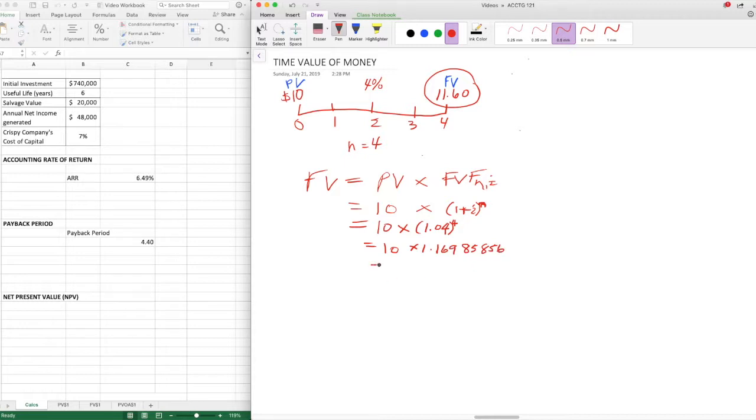5856. Okay, and if you do that math, you basically get 1170, which is what we just found out before. Okay, so these kinds of formulas are nice because if I want to change this, and I want to know what it is going to be if, for example, I am looking at 40 periods instead of 4, all I have to do is do the math, and I get here